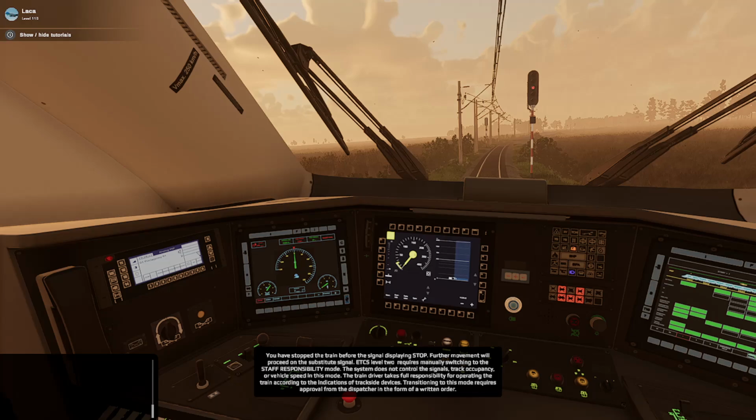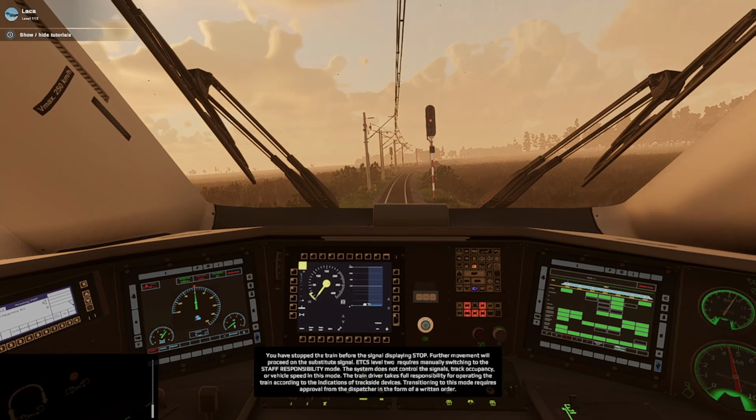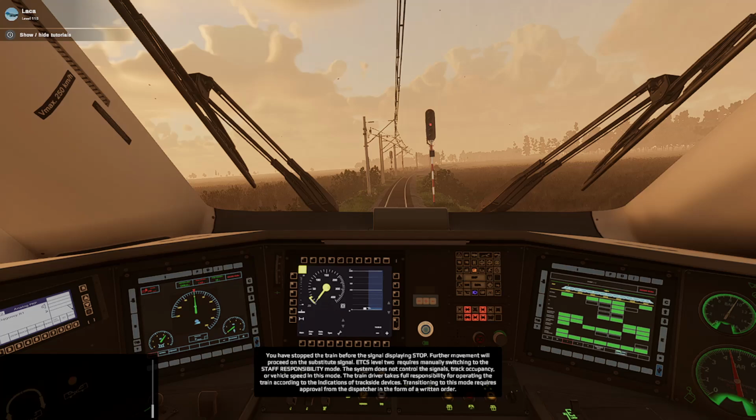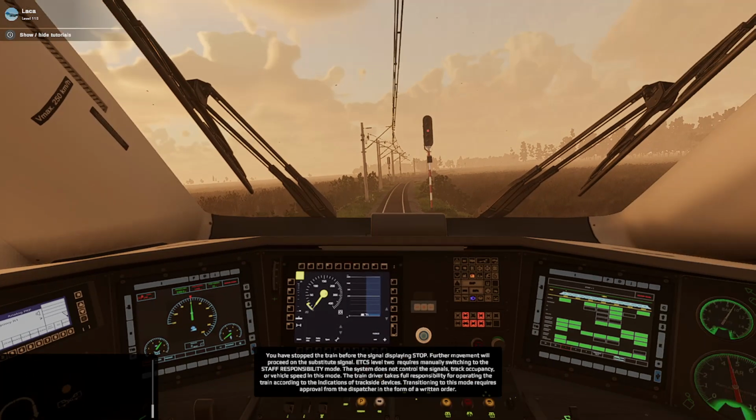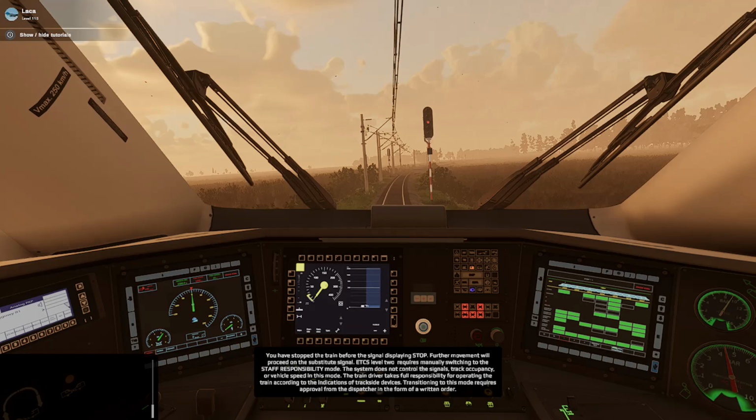60901, please report in. Receiving. Please prepare written order S. Ready for order. Written order S number 1 for 60901 train on April 22, 2024. Column 4, riding in SR mode until C semaphore. Experimental track station, TD post, traffic controller Stevenson. I repeat, written order S number 4 for me, number 1 for you, for train number 60901 on April 22, 2024. Column 4, riding in SR mode until C semaphore. Experimental track station, TD post, traffic controller Stevenson. Received by train driver Giuseppe. The message is correct. Time,